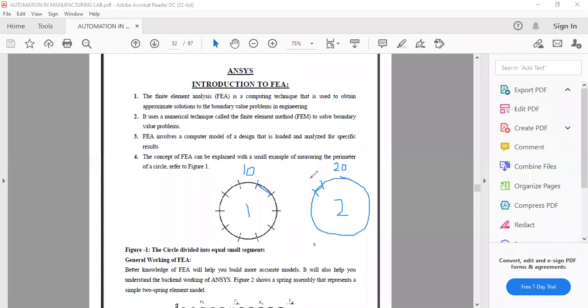But once I start decreasing the divisions, you have these lines at shorter intervals, so the approximation becomes better. Here you are approximating more; here there is less approximation. Do we agree, or do we have some questions or doubts?